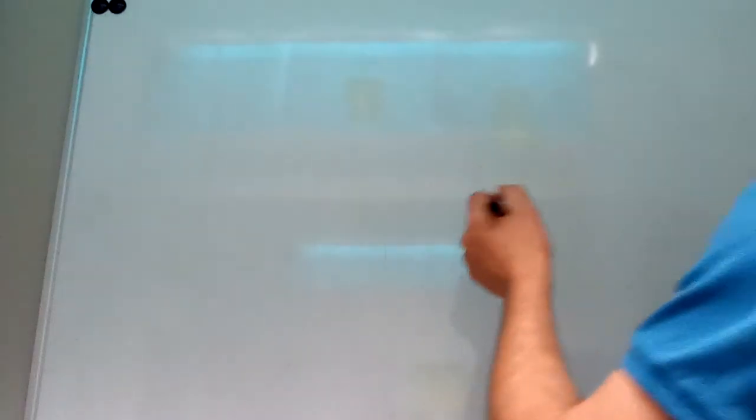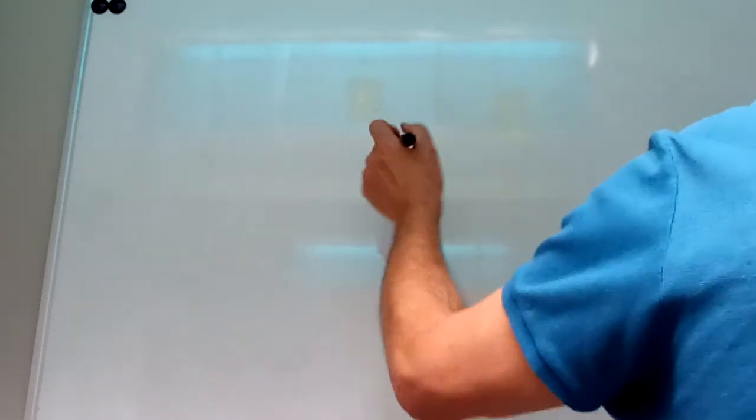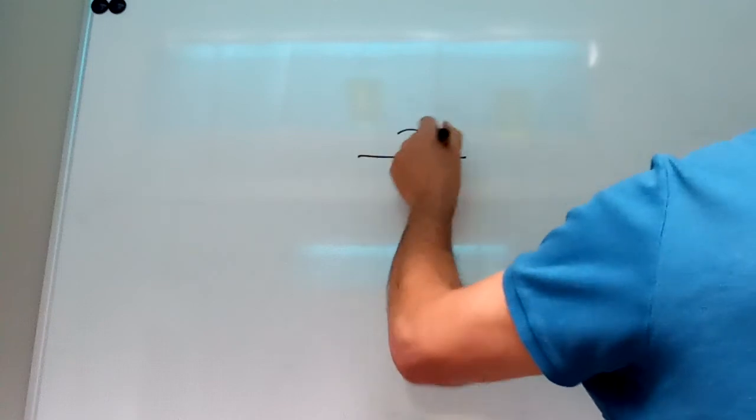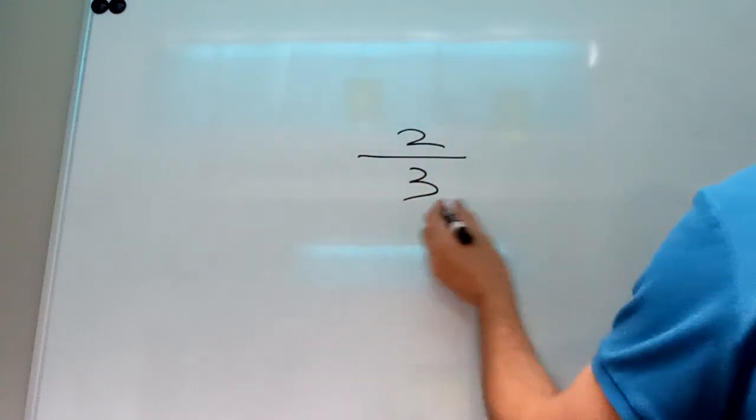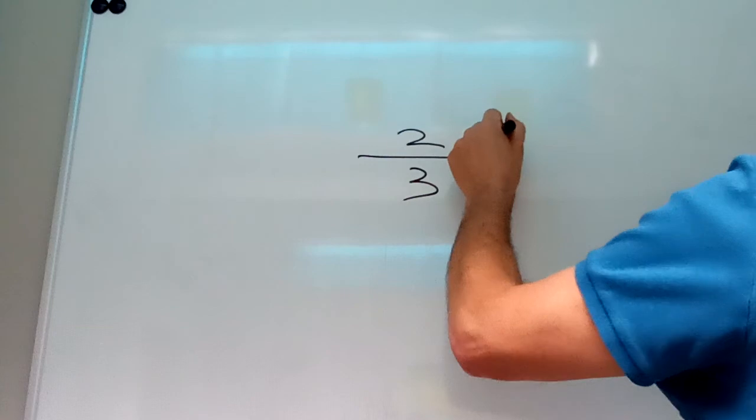So let's talk about two more little things here that's not difficult, that you'll also be dealing with this week. We're going to learn to add fractions as long as the denominator is the same. Remember, we've got numerators on top and the denominators on the bottom. So the 3 is the denominator. What if I wanted to add